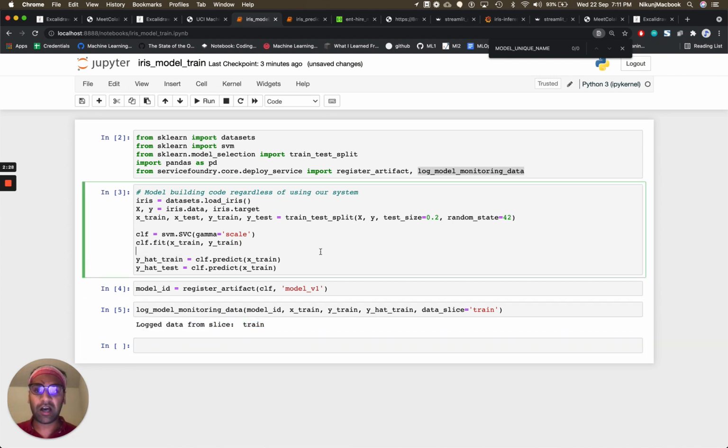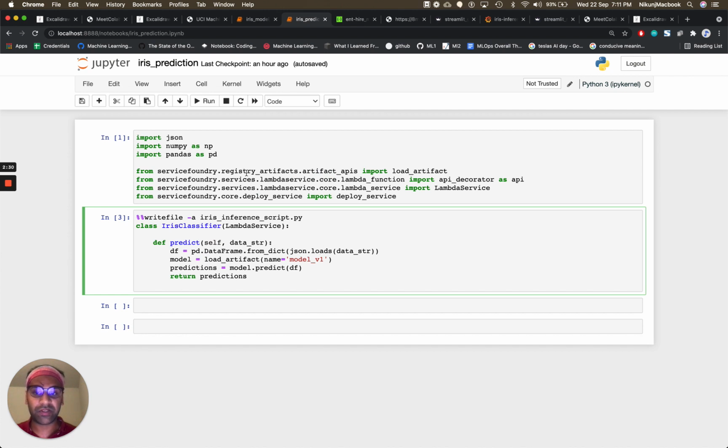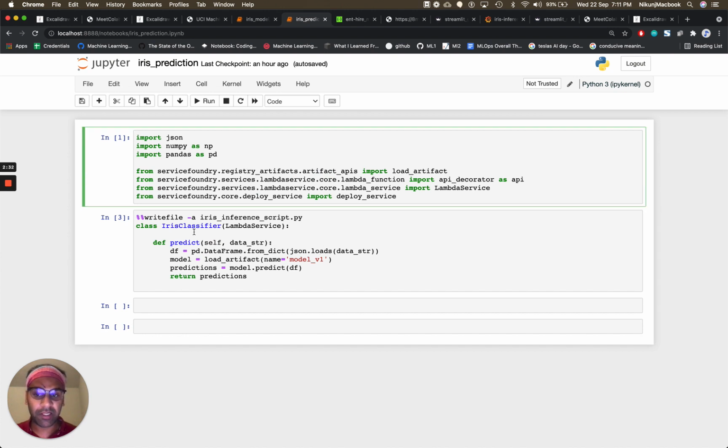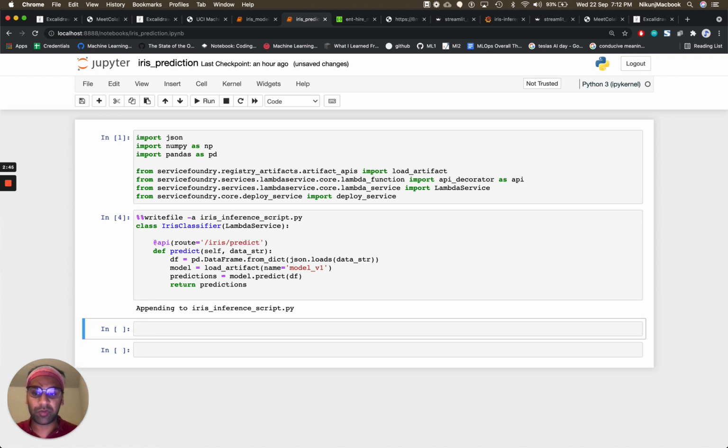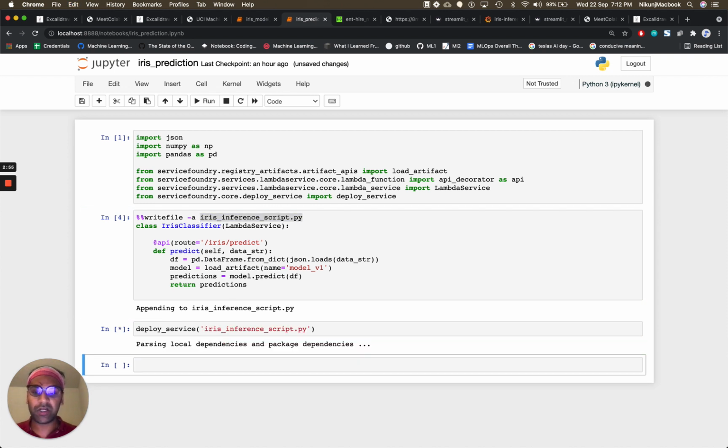After that, you can go ahead and build your inference script just like you would typically, except you would also decorate the function with a simple API that we have provided and give it the route of the API right here from the Jupyter notebook. So for example, if this is the route that you provide, after that, your system is completely ready to be deployed. You just provide the name of the inference file that has just been generated here, and you will see